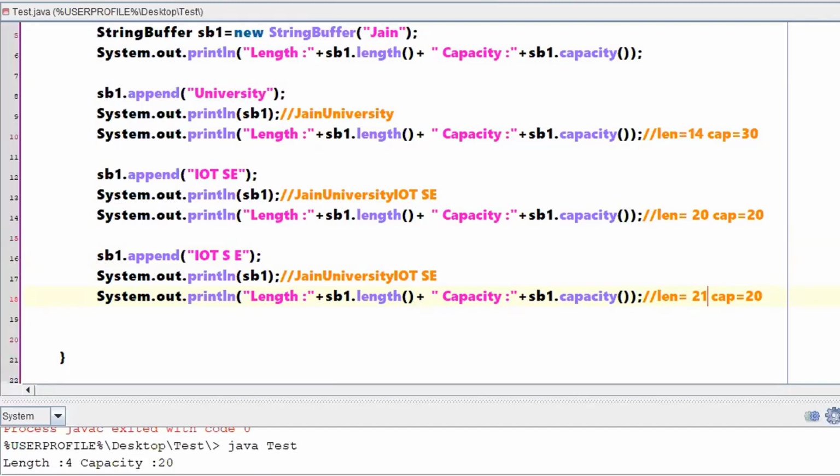Capacity, Saifullah is saying that 20 is the capacity. Okay. Capacity is 20. Once again, 20 is the capacity. Any other answers for capacity? Length is unanimous, it is 21 itself. So there is confusion with respect to capacity. So any other answers with respect to capacity? Most of the answers say 20 is the capacity.